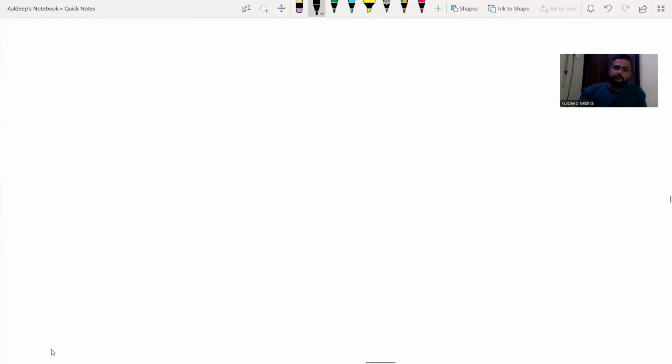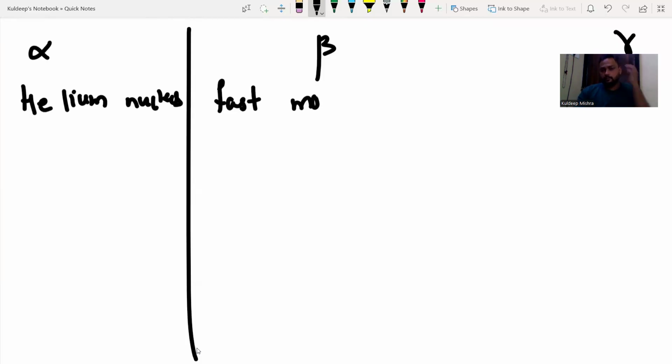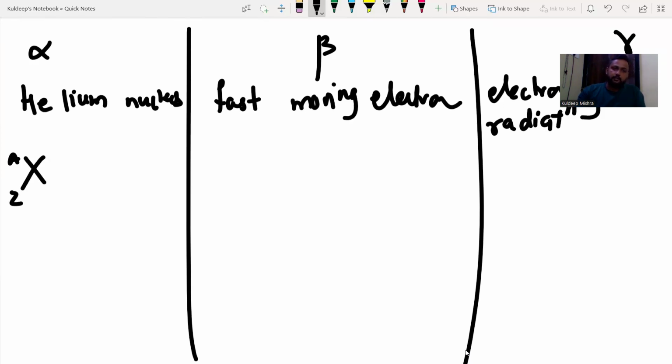So in very short, if I have to say alpha, beta, gamma. So what is alpha? Helium nucleus. This is a fast moving electron. And this is just an electromagnetic radiation. Okay. So if an element gives out an alpha particle, you must remember, this is very important, its